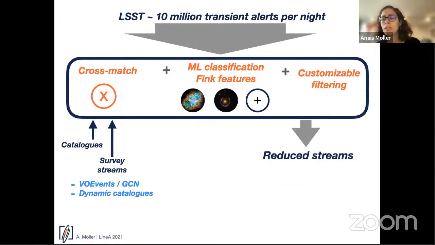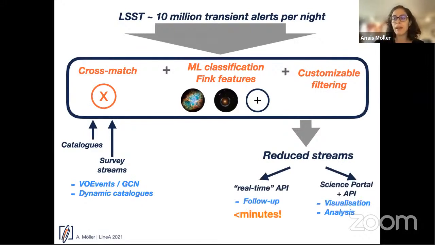There are two ways you can test your algorithm. One is querying and getting the data through the API, and trying it out locally. But if you want to integrate it within Fink, we have a link on finkbroker.org. You can send us an email or go through there. There's a little form. If you already have an idea and a software, we can tell you exactly what you need to do to integrate it.